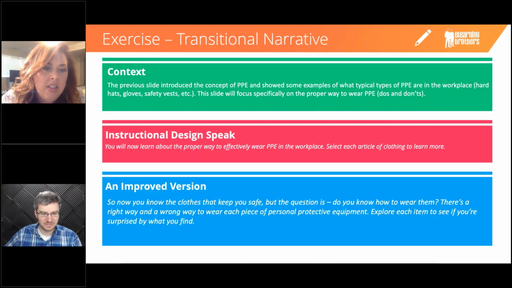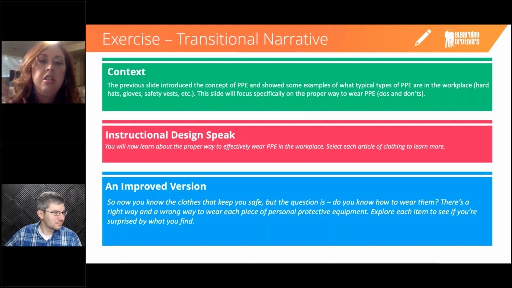So now you know the clothes that keep you safe, but the question is, do you know how to wear them? There's a right way and a wrong way to wear each piece of personal protective equipment. Explore each item to see if you're surprised by what you find. So in this particular example, this is an example of what someone shared, of just asking them the question, what do you know, or would you know? Or the other thing in here too is, explore each item to see if you're surprised by what you find. Oh, would I be surprised? Are there things that are surprising in here? So you're just doing a little bit